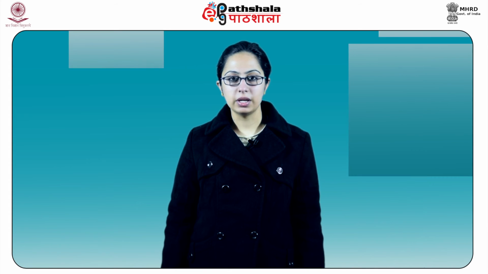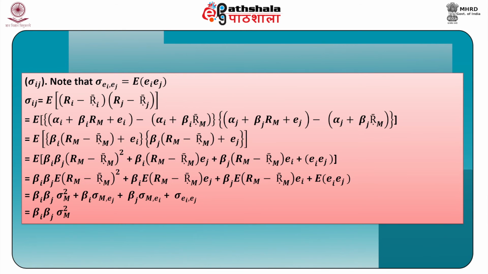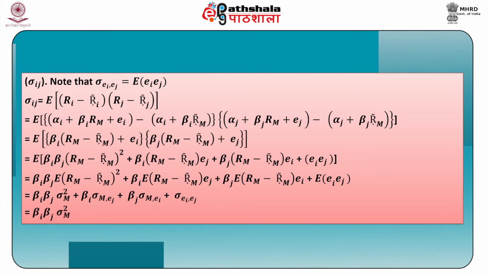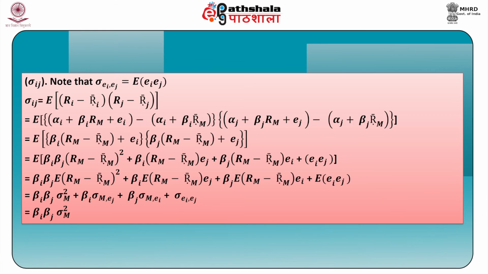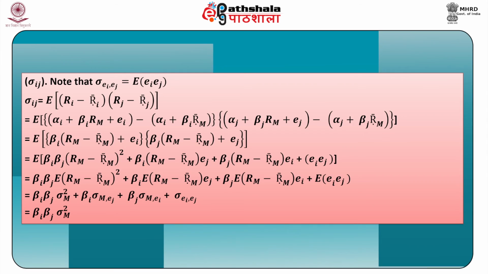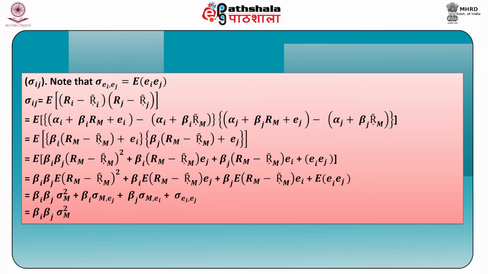Until now, we have SIM expressions for total expected return and total risk variance. We now need to find the SIM expression for covariance between the total return of security i and security j, sigma ij. Note that sigma ei ej is equal to capital E ei ej, which is equal to sigma ij, which is equal to capital E into (Ri minus Ri bar) into (Rj minus Rj bar), which is equal to capital E into